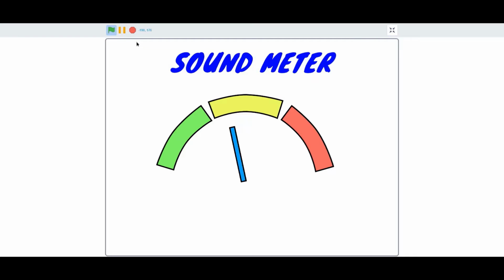Hey guys, and in today's video I'm going to be showing you exactly how to make a sound meter just like this, which basically points in a direction depending on how loud your voice is. For example, in this demonstration, this is exactly what we're going to be making. When you talk very loudly, it's going to point towards the red part, and if you talk not too low, not too soft, it's going to point towards the yellow part. And when you do not speak at all, or when it's very low,